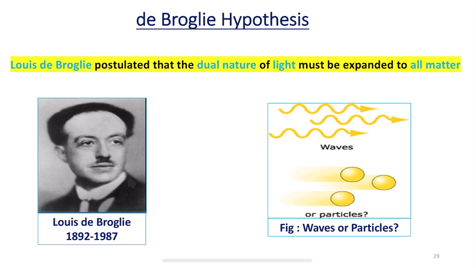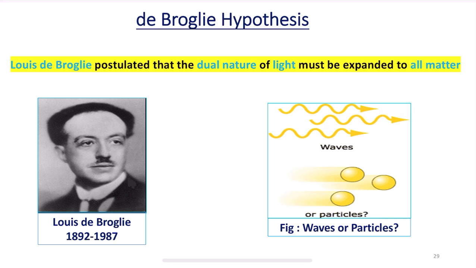All credit goes to Louis de Broglie. He is a French scientist, a physicist especially. In the year 1924, he proposed the idea that like photons, all material particles such as electron, proton, atom, molecule, a piece of stone or an iron ball, that is microscopic as well as macroscopic objects, also